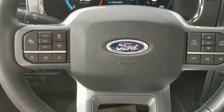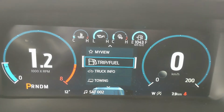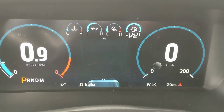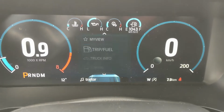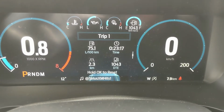Now sitting in the truck with it running and looking at the steering wheel, on the right hand side you have your controls for your center info screen here, where you can look at your trip and fuel information, truck info, towing info, navigation controls, phone controls, audio controls, and settings for your screen and some other features around your vehicle. As well as having My View, which is a sort of favorite screen for any of those subcategories